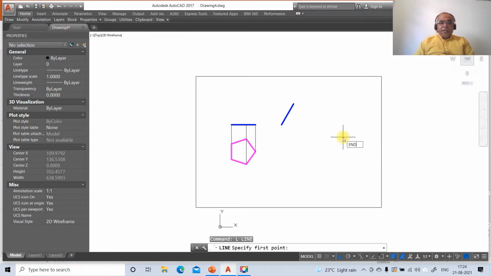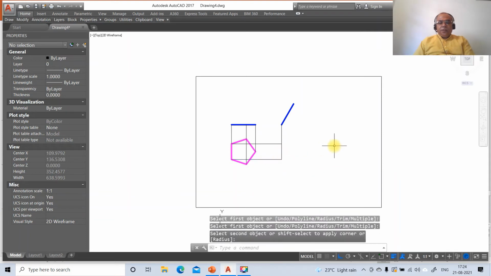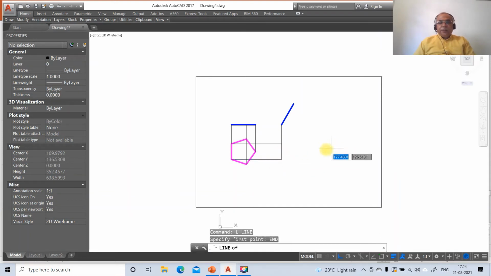Then go to line, take the endpoint of this, and then go to line, take INT of this and draw a perpendicular to this line. Then again go to line, take INT of this and draw a perpendicular to this line. Then go to fillet between these two. Then go to line, take the endpoint of this, take the cursor here and draw a perpendicular line.